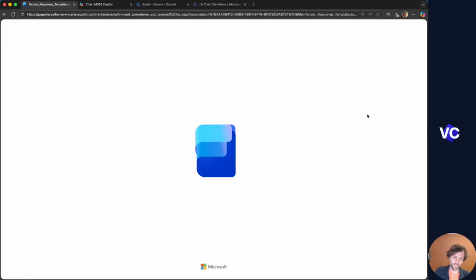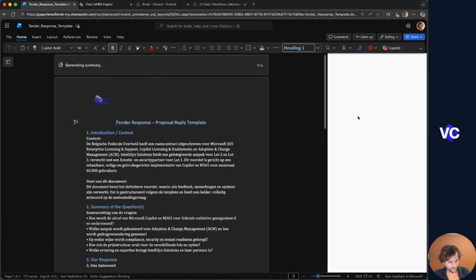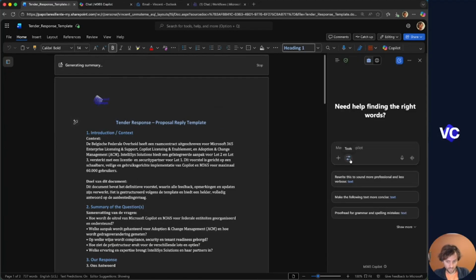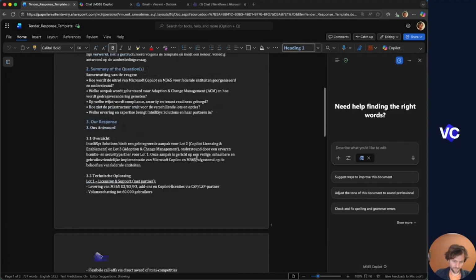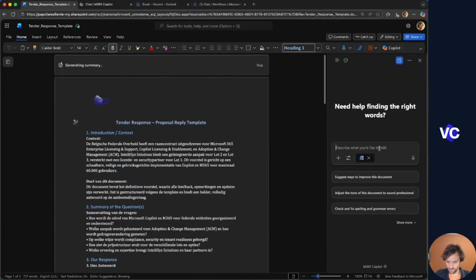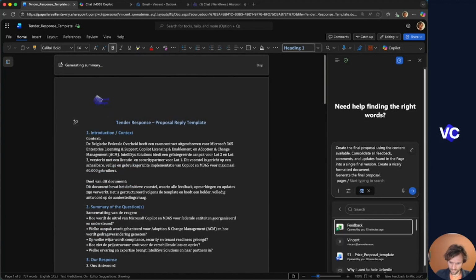Because you can come back here into your Word, and since your page is a collaborative page to share, you can link it or reference it in your agent mode as well. So again, we go to agent mode, right? Oh, damn it, it already replaced everything, but okay, I'll do it again. Just have the prompt, create the final proposal, and then you say here pages, and you link it to,